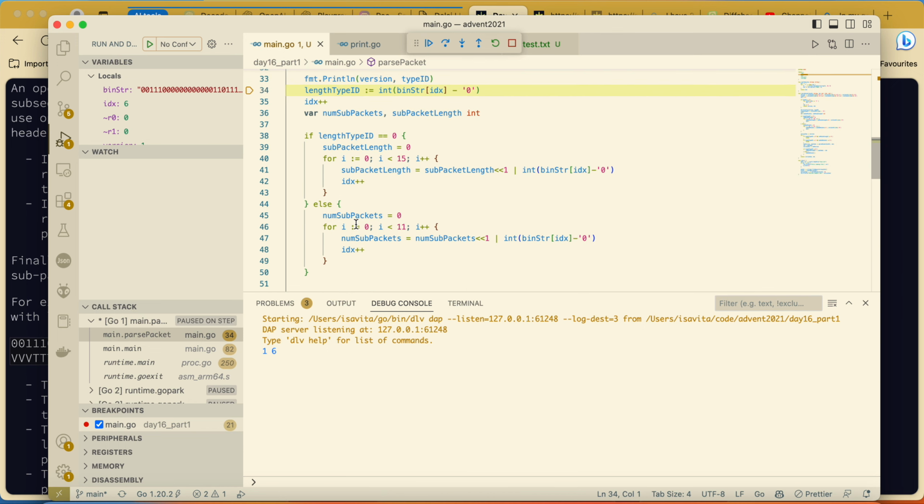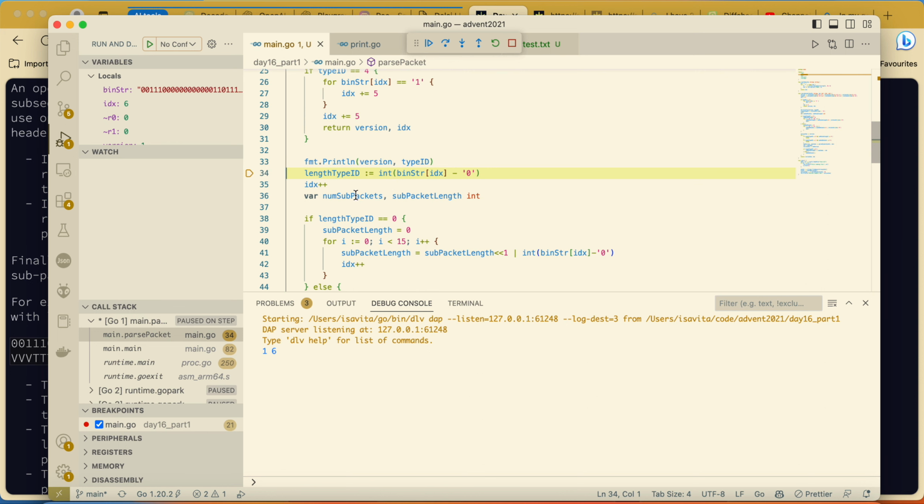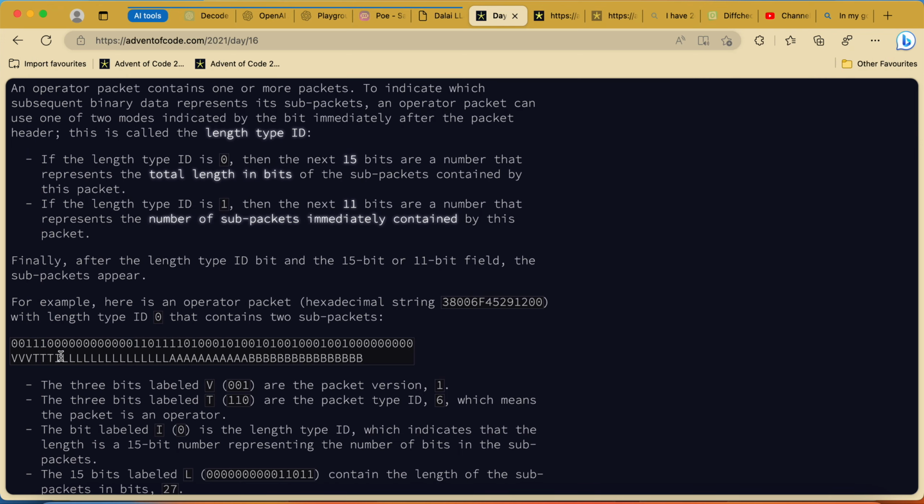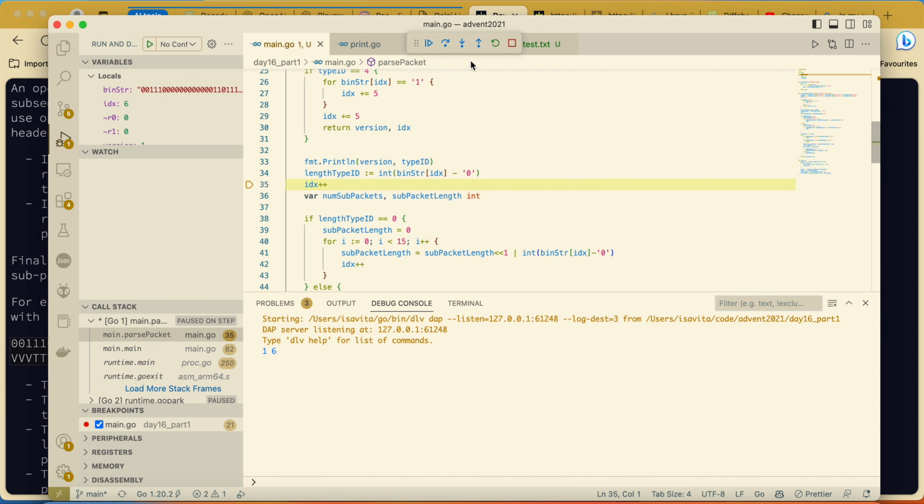Okay, we need to have the number of these subpackets and their subpacket length. I would imagine that here will be some mistake. Okay, because we check this I, we're increasing the index and we're moving forward. We're redefining that. We're checking, okay, our length type is 0 exactly.